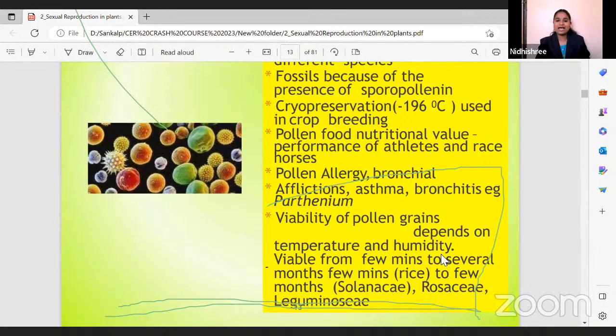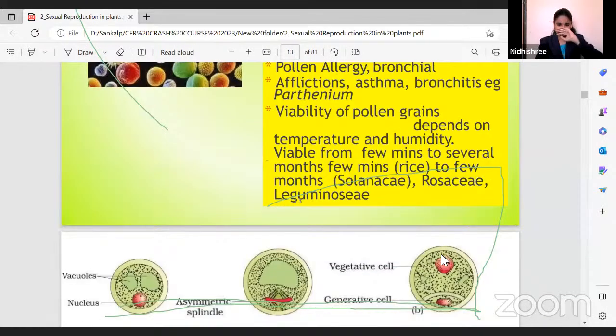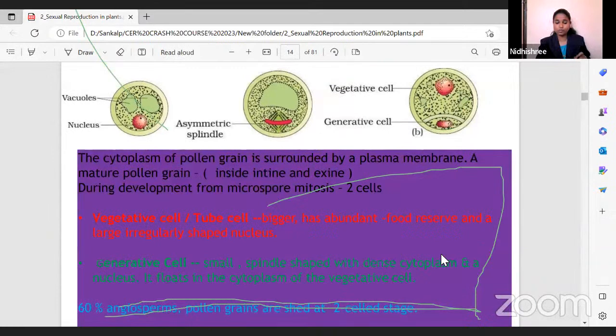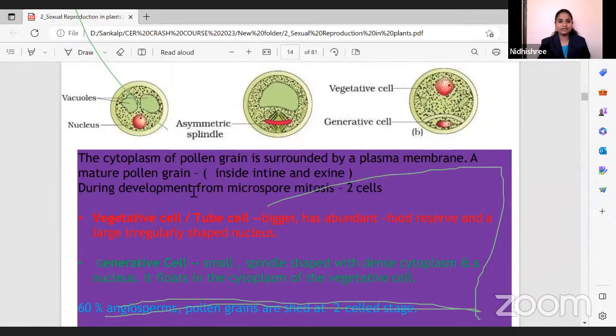ಈ ಪೋಲನ್ ಗ್ರೇನ್ಸ್ ಇಂದ ಅಲರ್ಜಿ ಆಗತ್ತೆ, which causes respiratory disorders like asthma, bronchitis, parathenium, etc. ಪಾರ್ಥೇನಿಯಂ ಪೋಲನ್ ಗ್ರೇನ್ಸ್ ಅಂತ ಏನ್ ಹೇಳ್ತೀವಲ್ಲ, ಸೊ ಅವು ತುಂಬಾ ಅಲರ್ಜಿಕ್ ಆಗಿರುತ್ತೆ. ನೆಕ್ಸ್ಟ್, ಸೊ ಪೋಲನ್ ಗ್ರೇನ್ಸ್ ಅಲ್ಲಿ ವೆನ್ ವಿ ಸಿ ದ ಪೋಲನ್ ಗ್ರೇನ್, ಓಕೆ, ಸೊ ಇಟ್ ವಿಲ್ ಬಿ ಹ್ಯಾವಿಂಗ್ ವೆಜಿಟೇಟಿವ್ ಸೆಲ್ ಆರ್